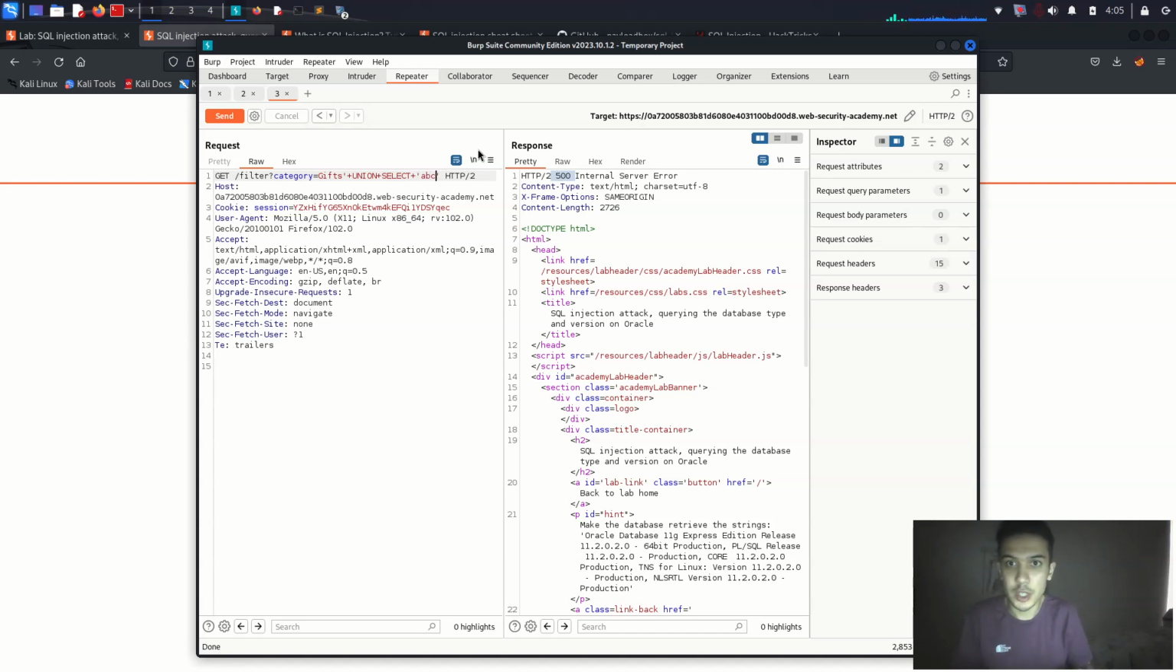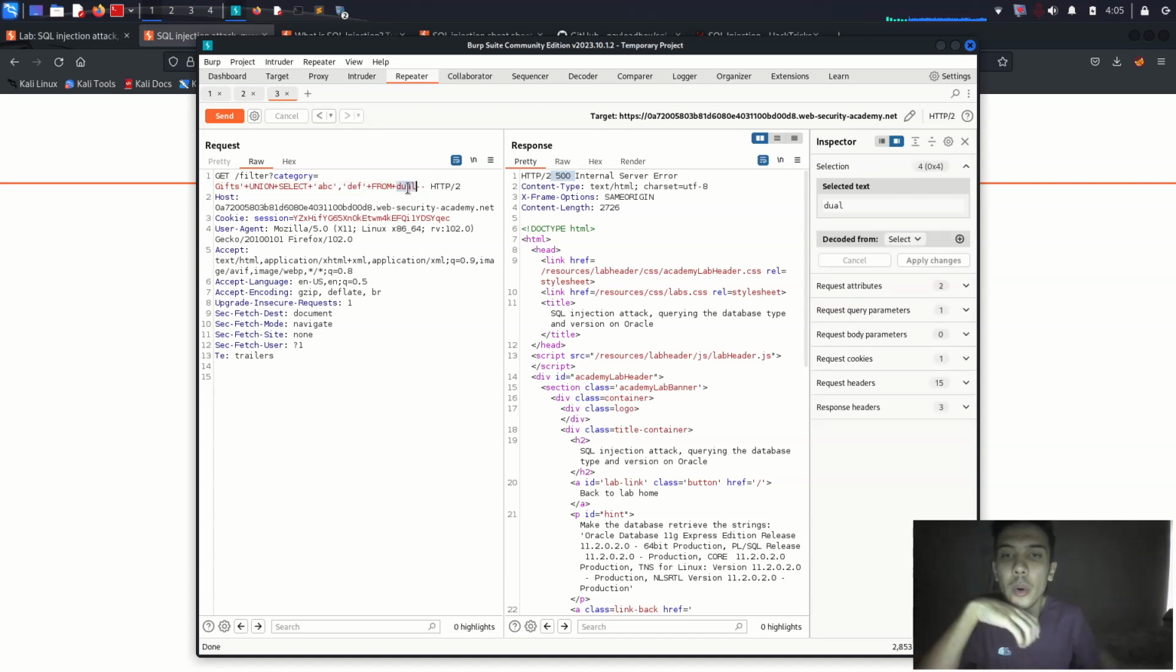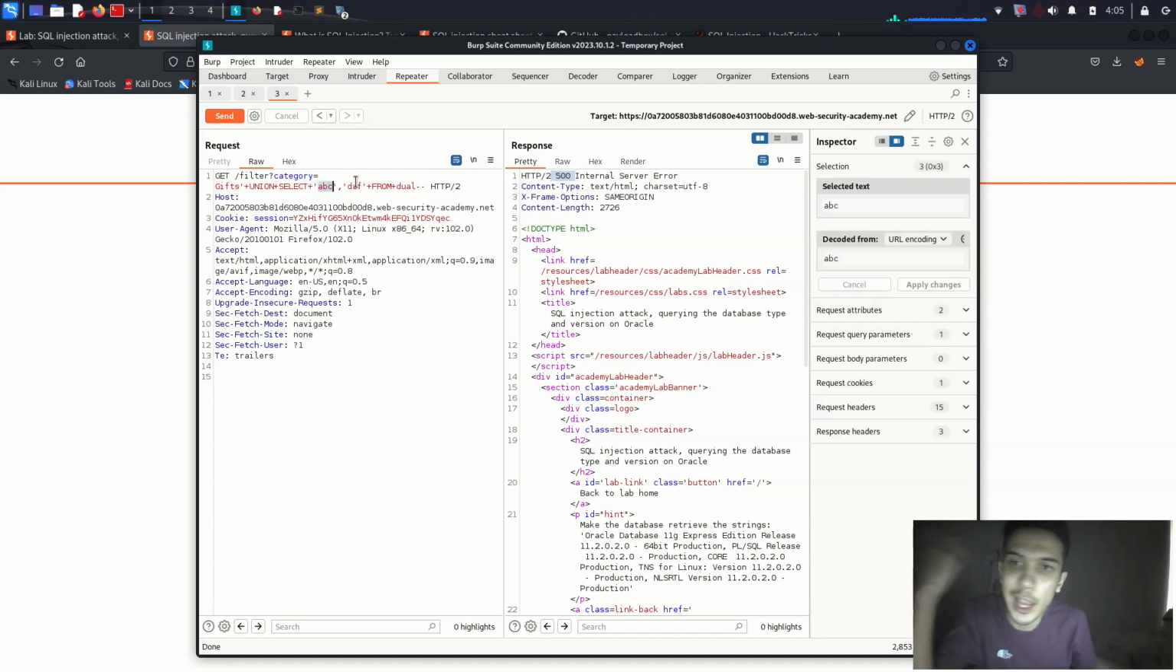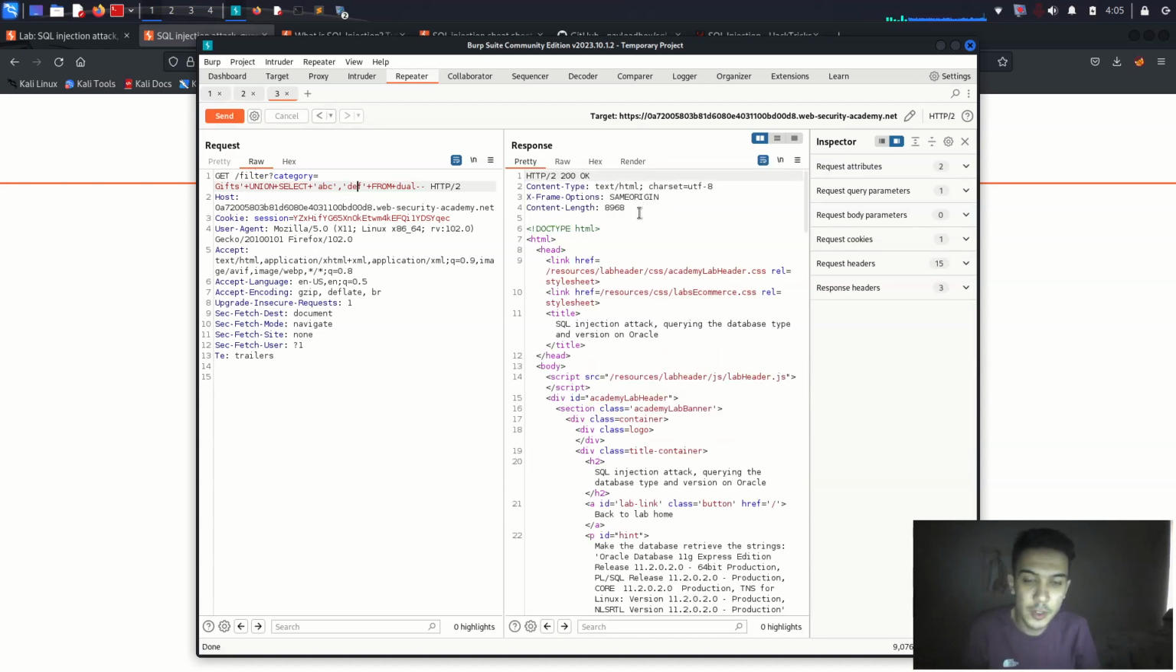For example, we are just looking for ABCD, now ABC, and then DEF, from, to plus again, do all, and then dash dash. So we are now selecting ABC and DEF from dual or the table name, and we are checking for ABC or DEF just randomly. So if you send it, it will give us this